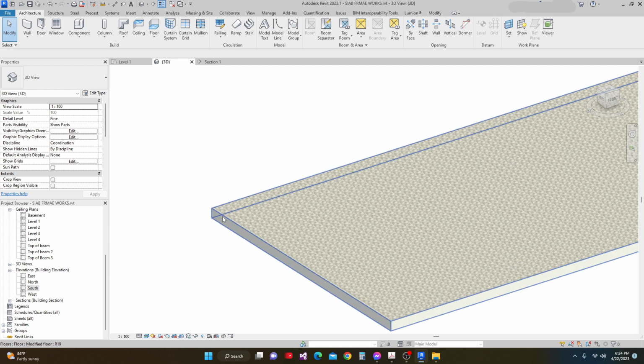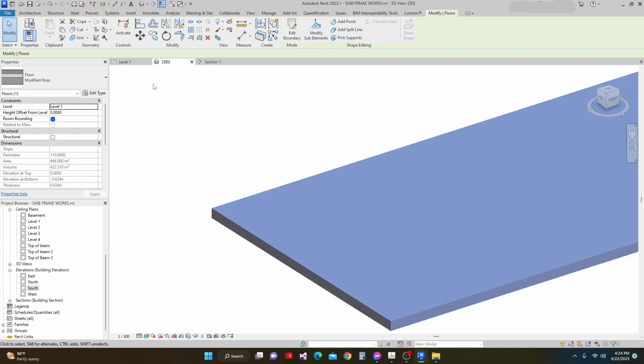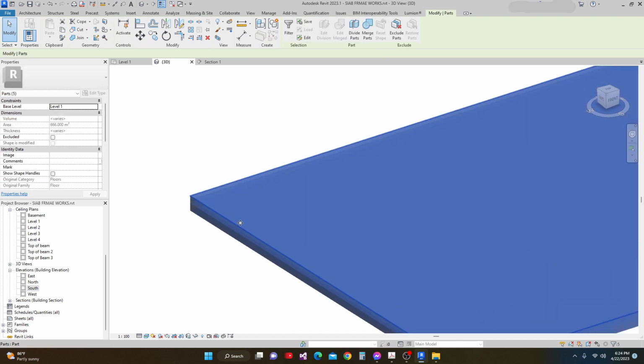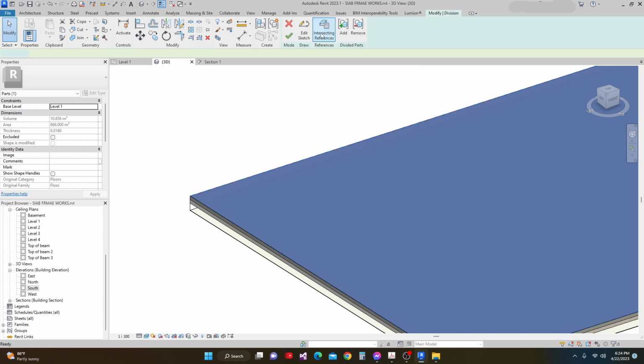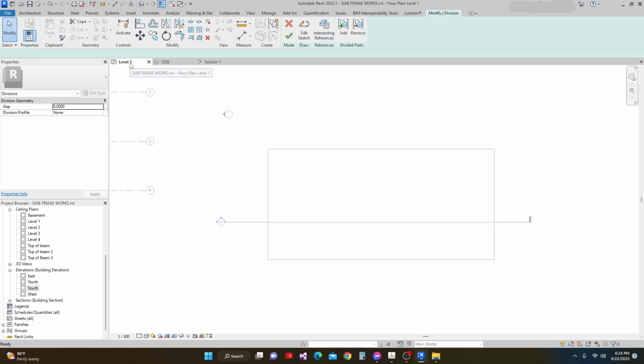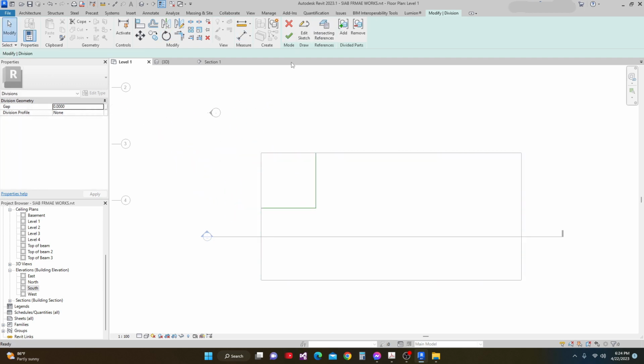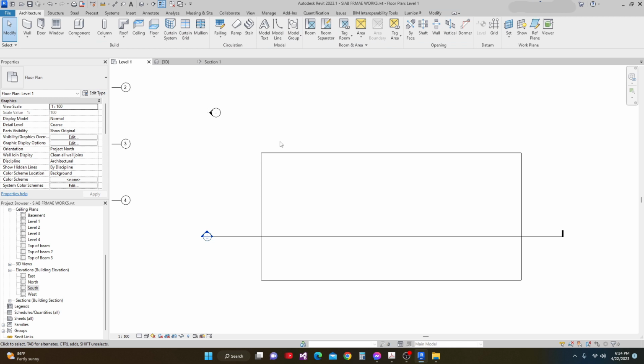What you can do is just click that wall, and then you can create parts. You can create parts with that wall. I selected that, and then divide parts. And then in section 1, I can divide it. I'll edit sketch. I divide it, and here, and divide, and then modify, and then okay, and then here, and then you go to